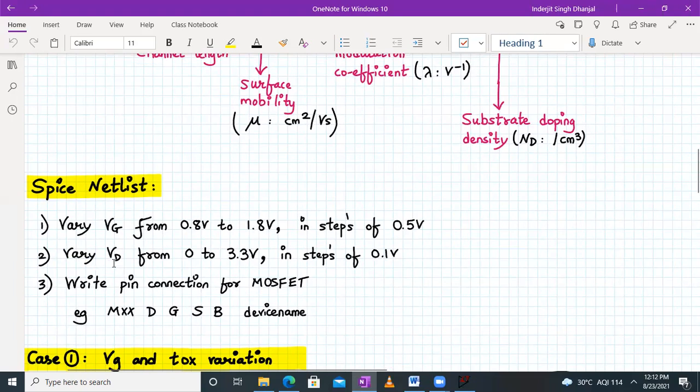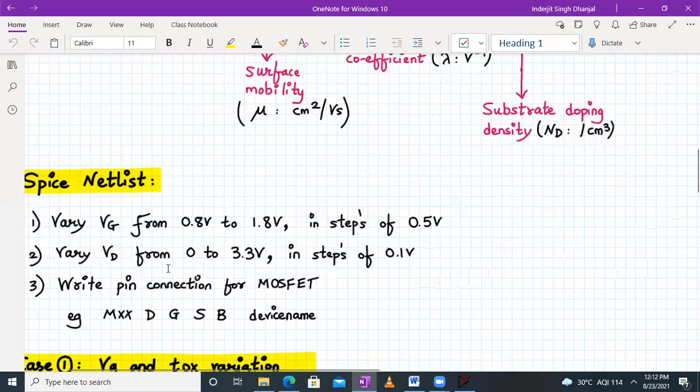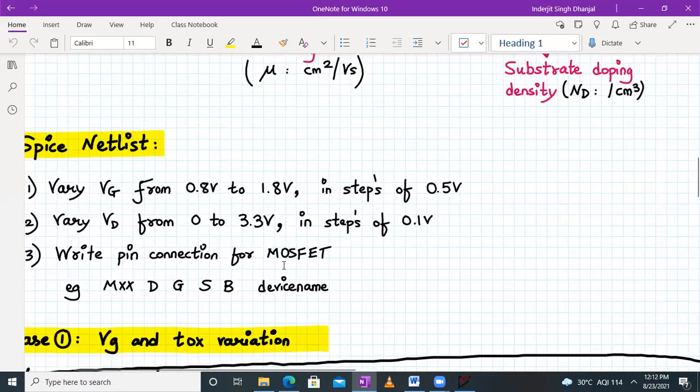Next we have to vary the value of VD from 0 to 3.3 volt in steps of 0.1 volt, and we have to write the pin connection for the MOSFET. A MOSFET name starts with the letter M, followed by anything you like, even your own name. Then come the node numbers for the drain, gate, source, and body, and then the device name, whichever name you are giving. That's how we have to start.